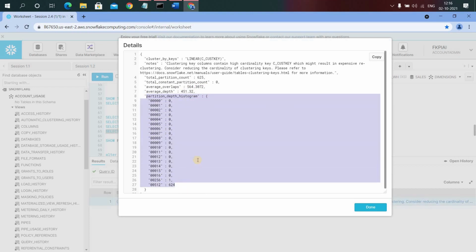The way we need to understand it is there are 624 micro partitions which have the average depth from 256 to 512. Now let's run the same statement on the clustered table.